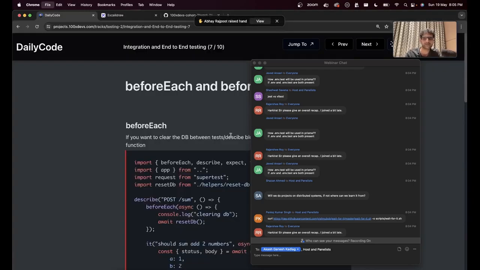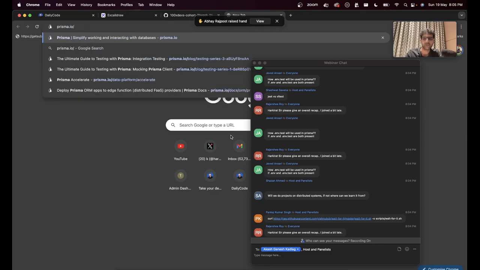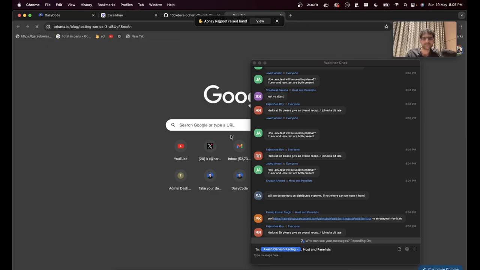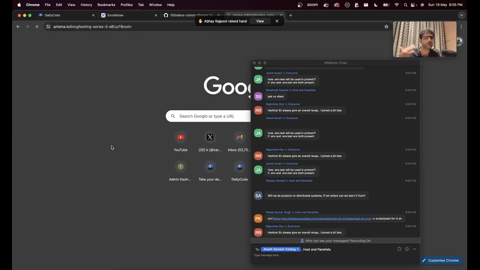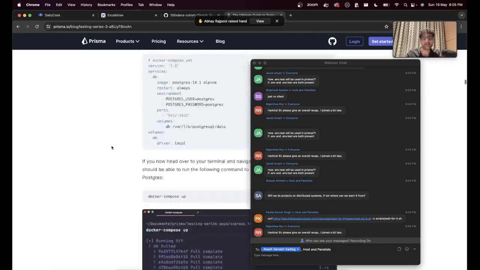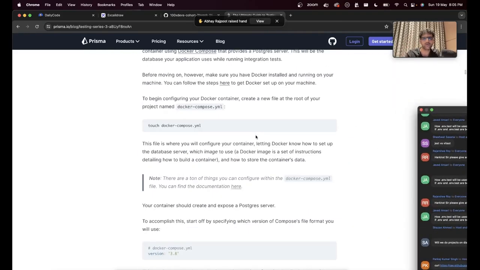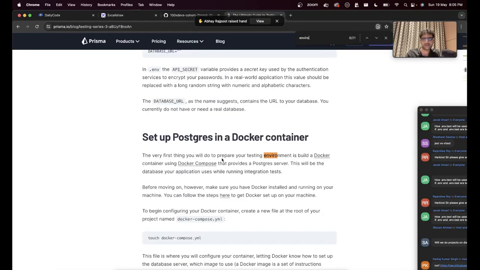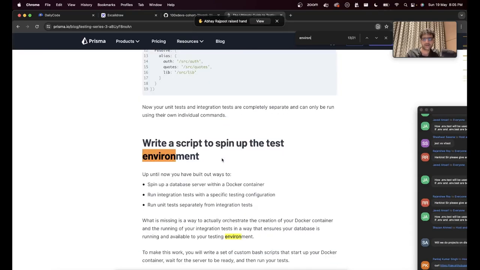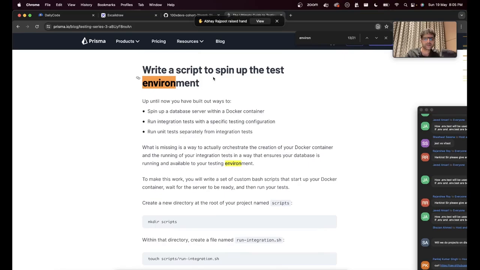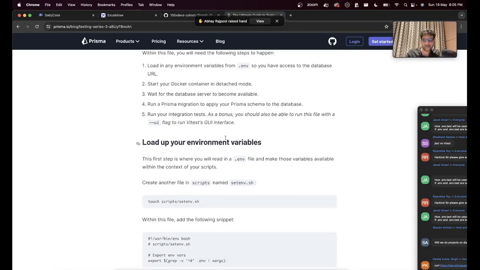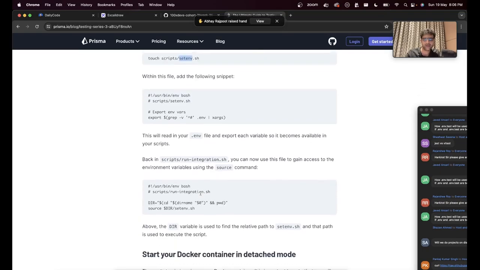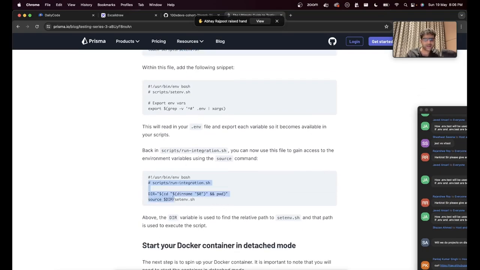A lot of this was inspired from this. Prisma has a series on testing, basically. How can you test a bunch of things? If you look at it, their integration tests, the whole pipeline, are slightly more complicated than how we have written it. And here, they have written a script, which is, let's see, where is it? Oh, there you go, set-env.sh. If you look at this set-env.sh file, it tries to export all of your variables